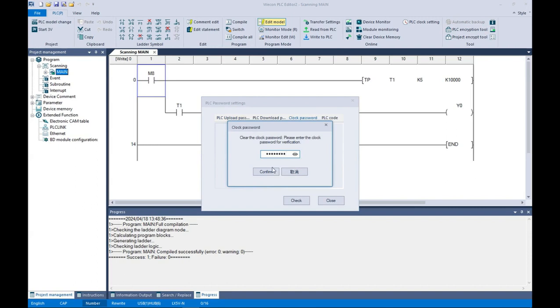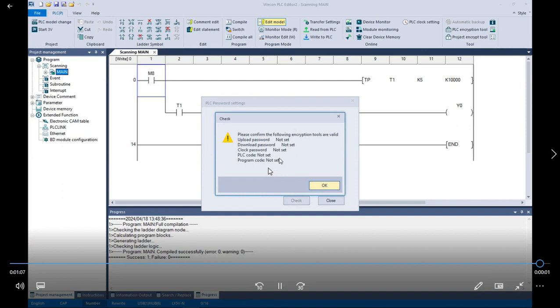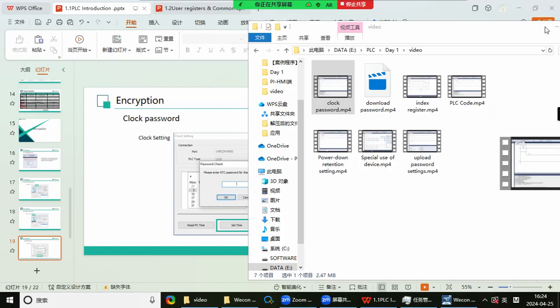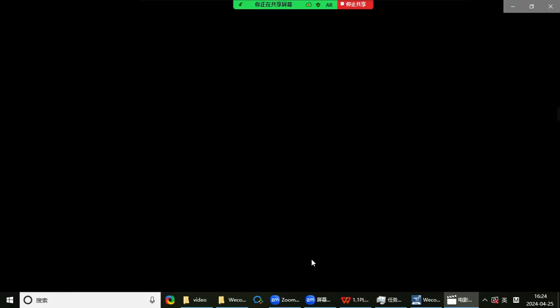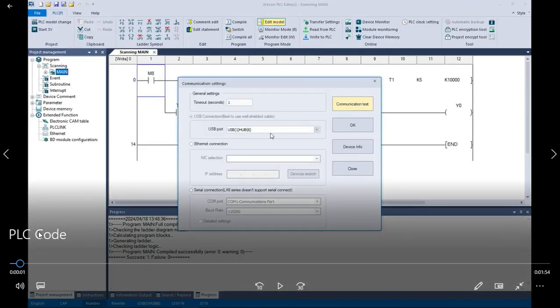And the same steps to clear the clock password. So this is the last one,